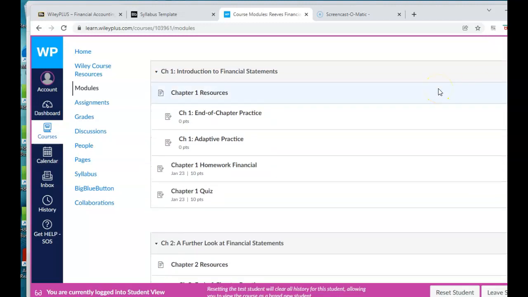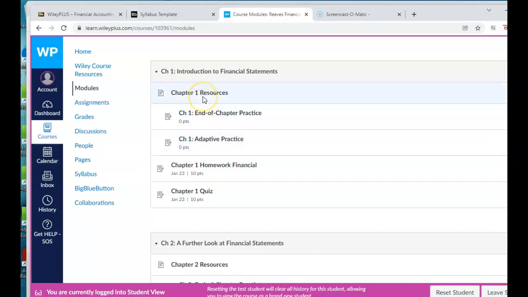Here under the Chapter 1 module, you have some practice exercises, some adaptive practice. There are no points assigned for these practices. However, they're critical to get an understanding of the content that's being covered in Chapter 1. So I do strongly recommend that you take advantage of these practice exercises.